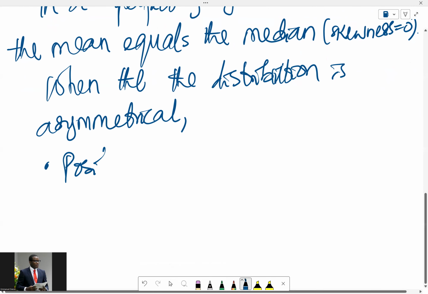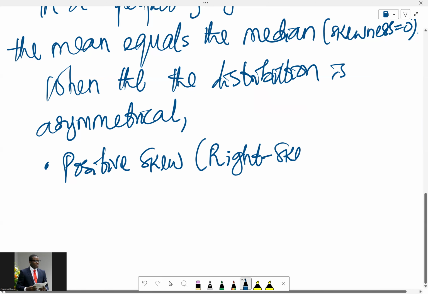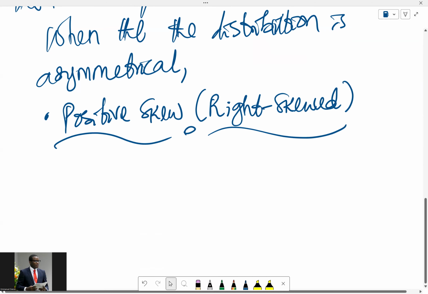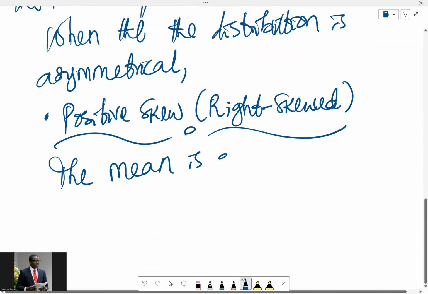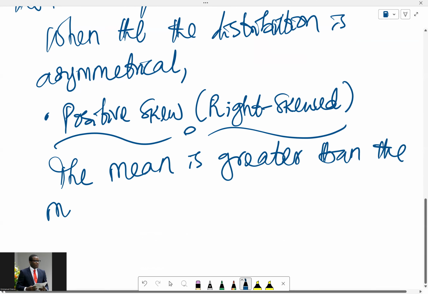We can have a positive skew. In that case, we say that the data distribution is right skewed, skewed to the right. What happens in this situation is that the mean is greater than the median,